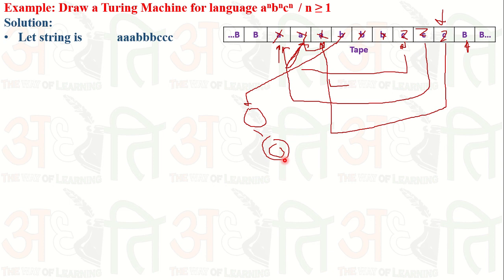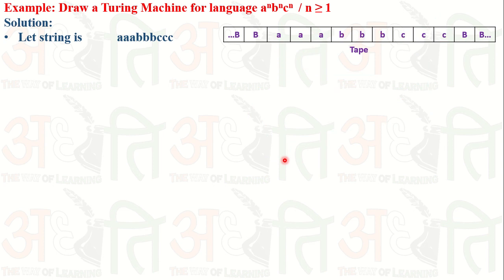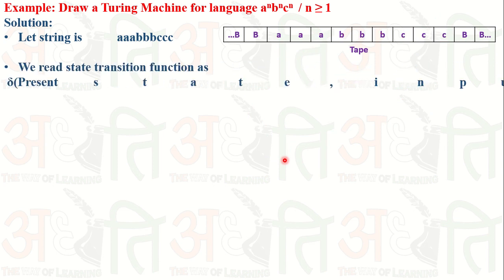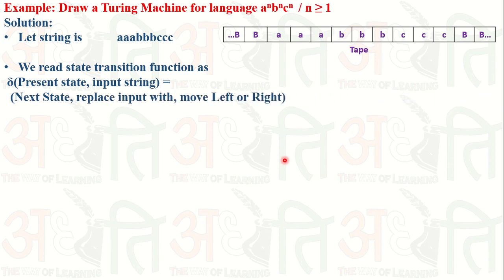So it was a simple concept which I also explained in the previous example. So just have a look. For this, I designed the state transition diagram and state transition function, all those things. So how do we read this function? Suppose there is a transition function where the state is Q naught, and we have input A. So currently A is the input.